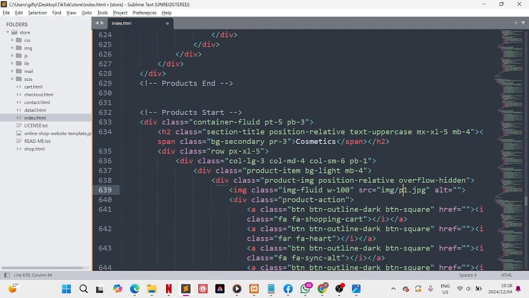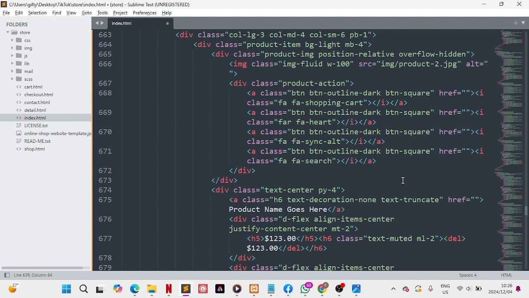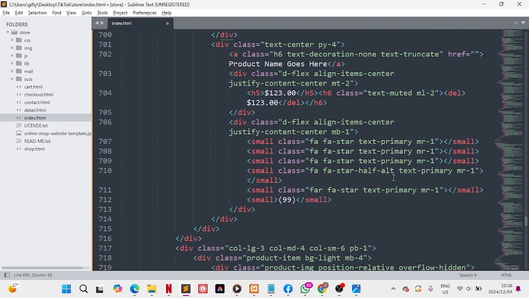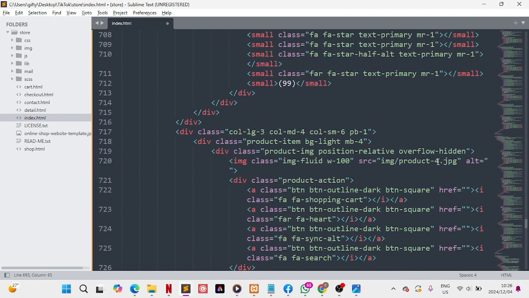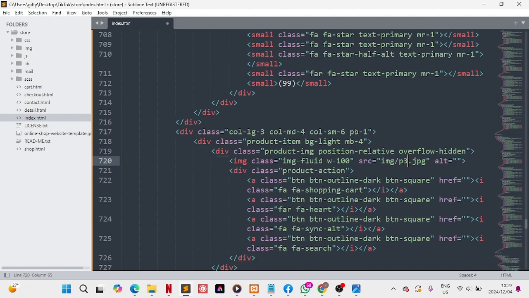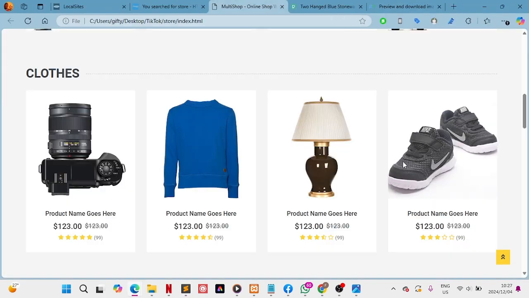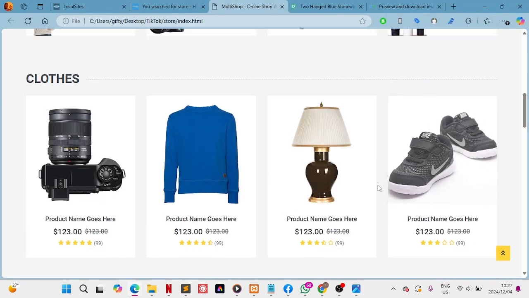We just say P1, and where there is product 3, we say P2, because we don't have... Okay. And then also where it says product 4, we say product 3. We save. Now we come to our project, and then when we say refresh, as you can see,